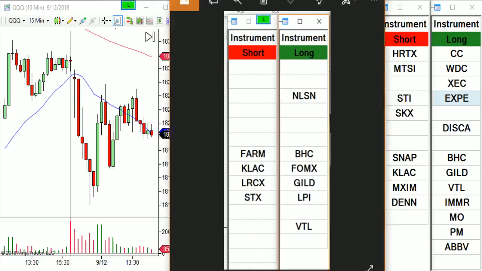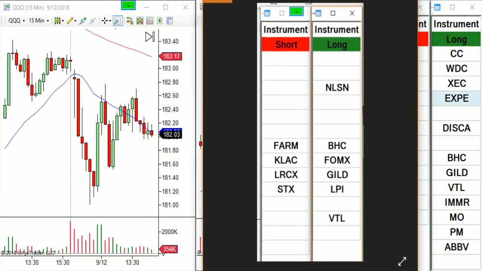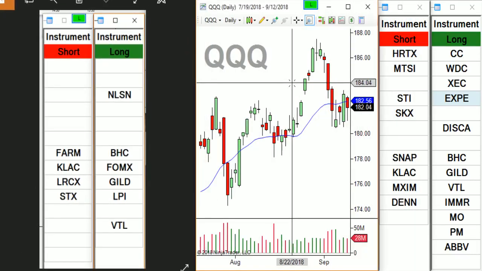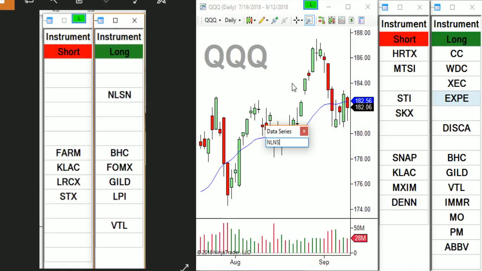Okay, so today, this was the gaps list that I brought to the open. All right, we talked about how tier 1 goes up here. I put tier 2 here, then things that I'll watch for once they start to trend later today. Right. So there was only one thing that I liked today. That was the NLSN, and I did end up playing the NLSN,